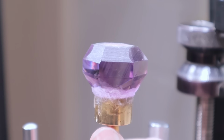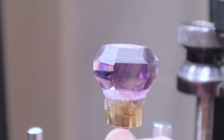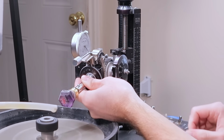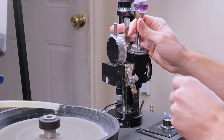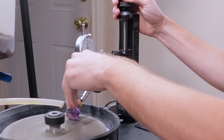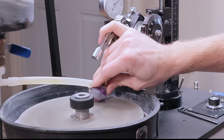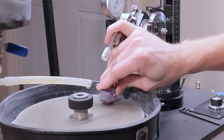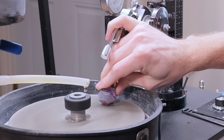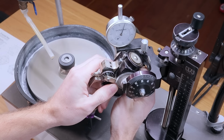The rotation is still a little off, and normally is to begin with, but this is easily corrected using the cheater knob. Rotation errors like this are easy to fix, but there is no easy cheater knob for correcting any errors in tilt. Hence why I try not to have any tilt errors to begin with, which can happen from redopping a stone that has come off or from transferring issues that can happen, like I mentioned could happen with wax to wax transfers. Having a quill that is off-centered on its rotation could also cause some tilt error after